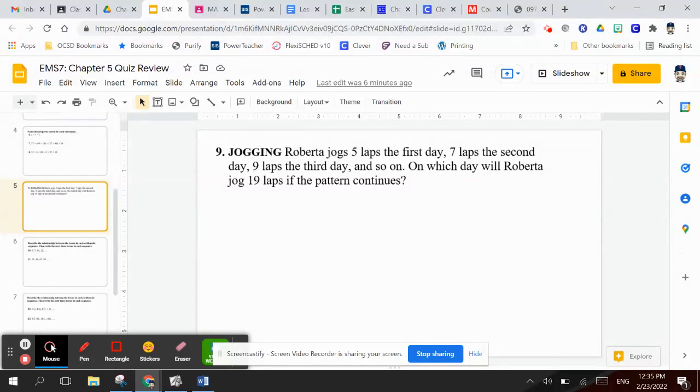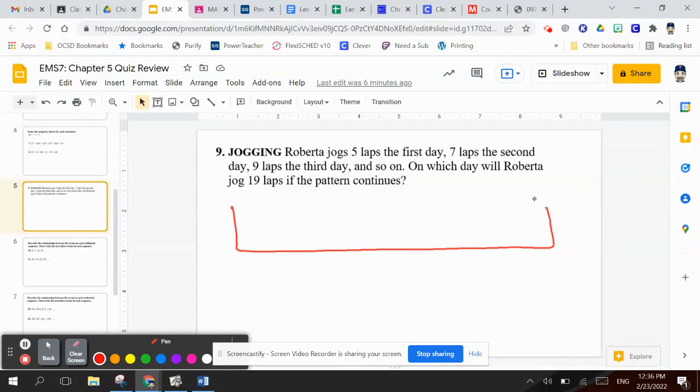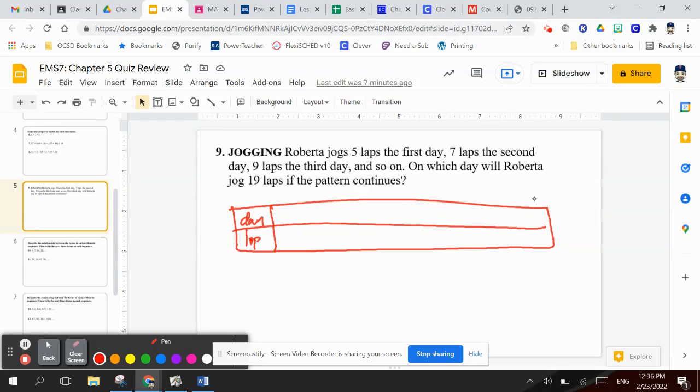Number 9 says Roberta jogs 5 laps the first day, 7 laps the second day, 9 laps the third day, and so on. On which day will Roberta jog 19 laps if the pattern continues? So what I would do is create a table with days and laps. On day 1 she had 5 laps. On the second day she had 7. The third day she had 9. If we wanted to find out how much it would be to 19,